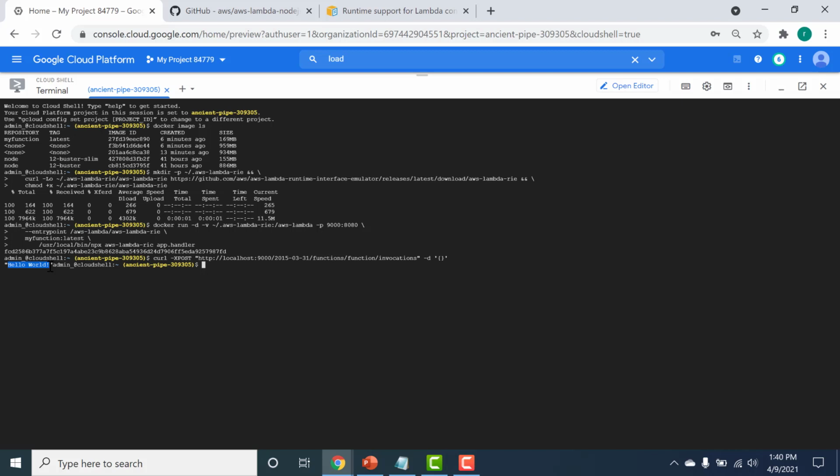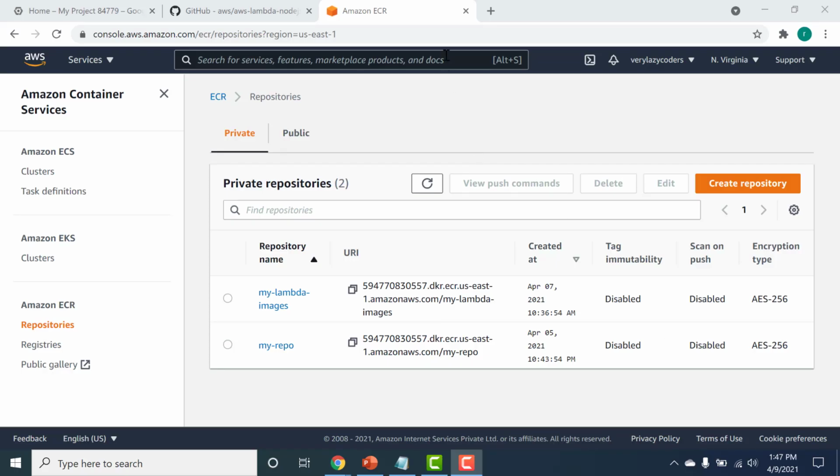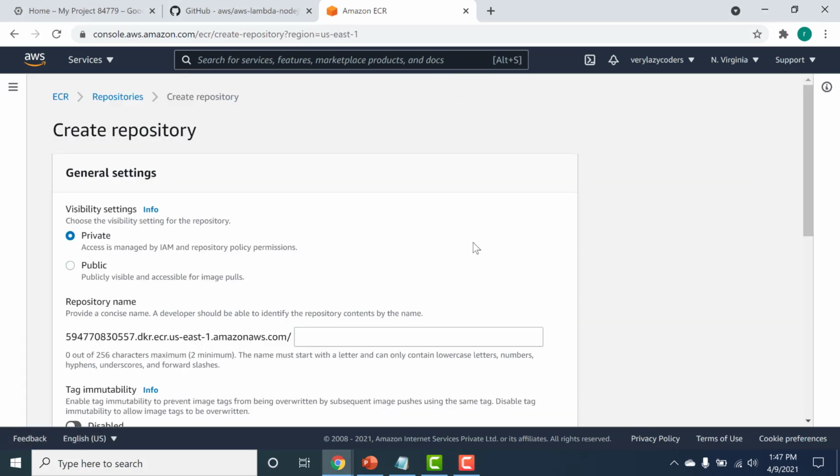Now the only thing we need to do is deploy it to the container registry and run it using our AWS Lambda. So let's do that. So I'm in my AWS container registry. So let's create a new container registry. So I'll click on create registry